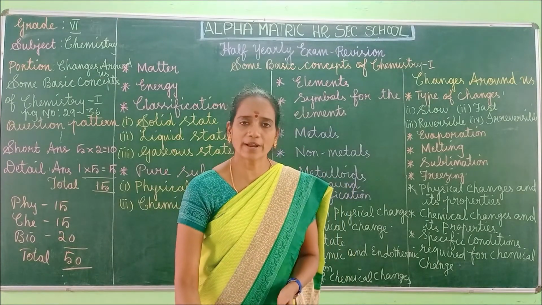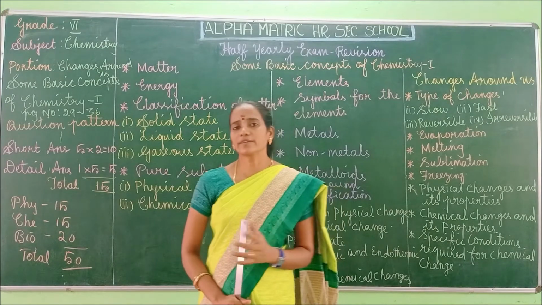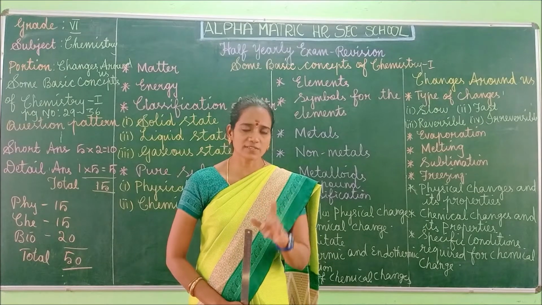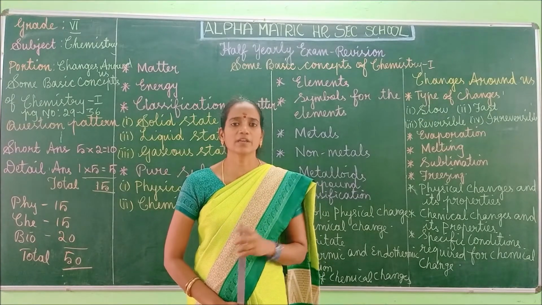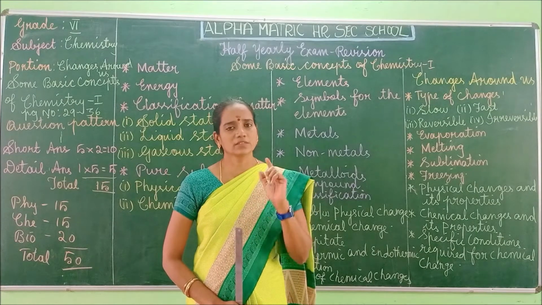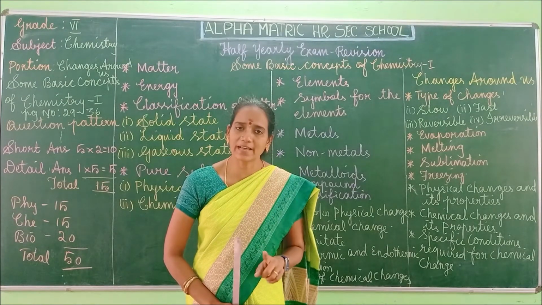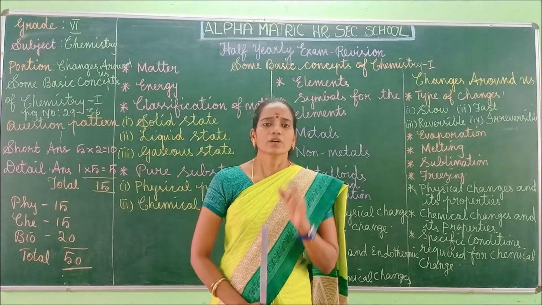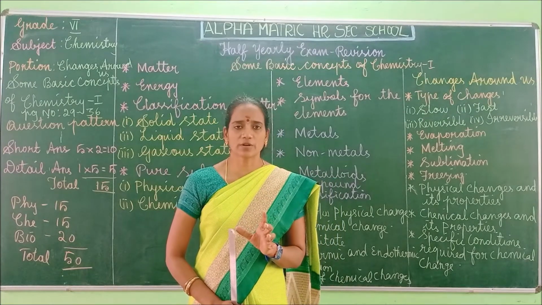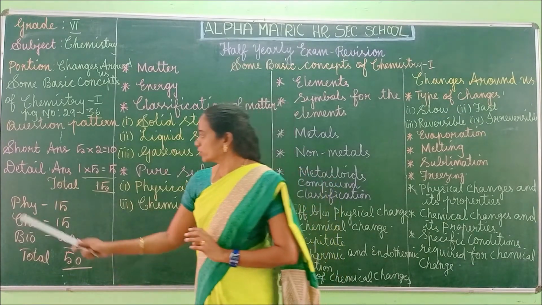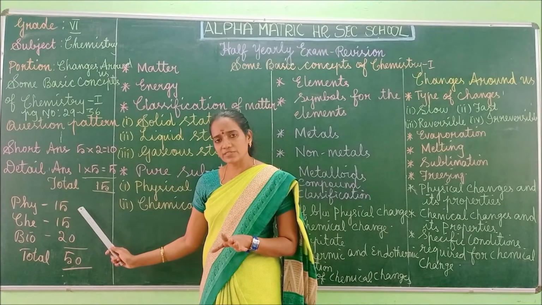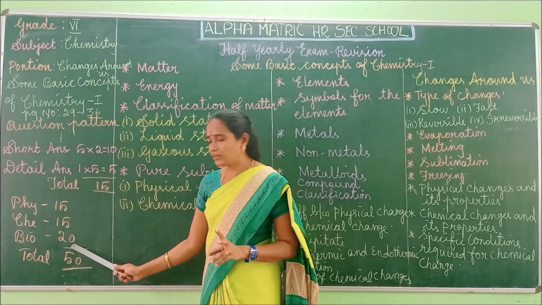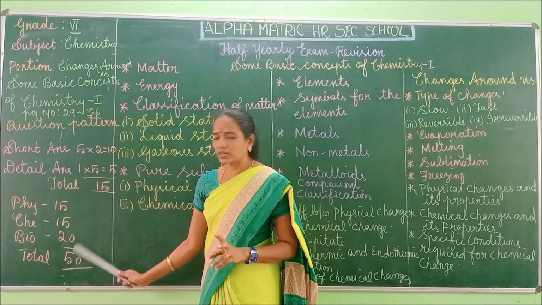In chemistry, you are going to write for 15 marks, children. Short answers, 5 questions you have to write. Actually, 6 questions you will be getting, with one question choice, so you select any 5 and write. So 10 marks for short answers and 1 detailed answer is compulsory. Either-or type questions you will be getting, right? So 5 marks for detailed and 10 marks for short answers, totally out of 15 marks. In physics also, 15 marks, the same pattern. For biology, 2 detailed answers you will be getting, so totally 20 marks.